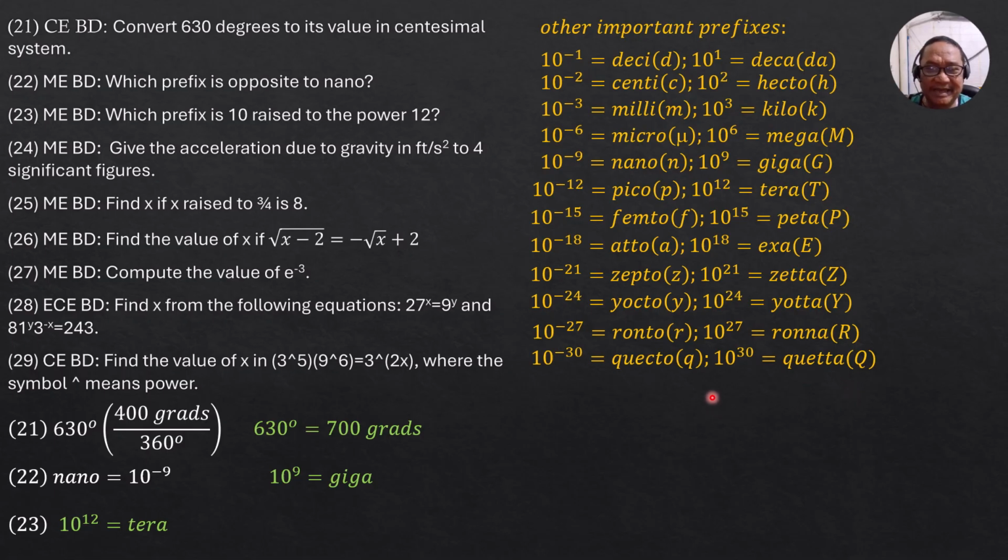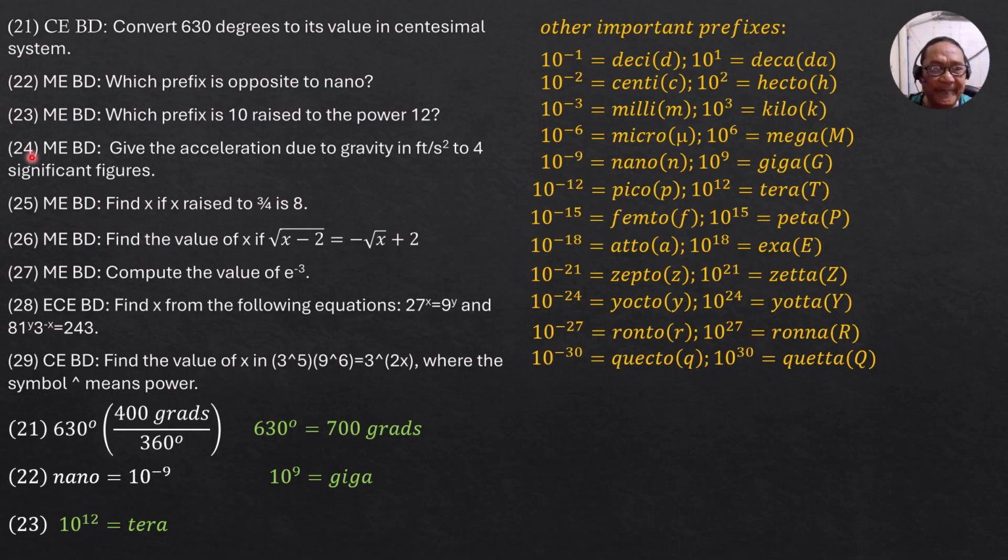So let's end with that. You should just be familiar, especially beginning with 10 to the negative 15 and 10 to the 15, because these are usually unfamiliar to most of you. Only 10 to the negative 1 up to 10 to the negative 12 would be familiar to most of us. Most of us. I also include myself.